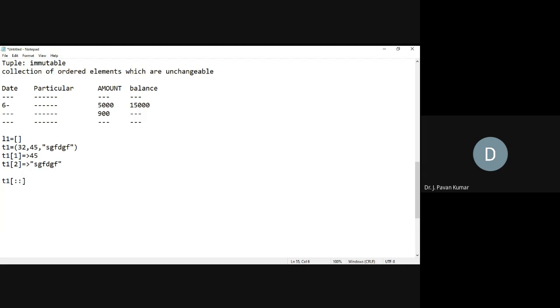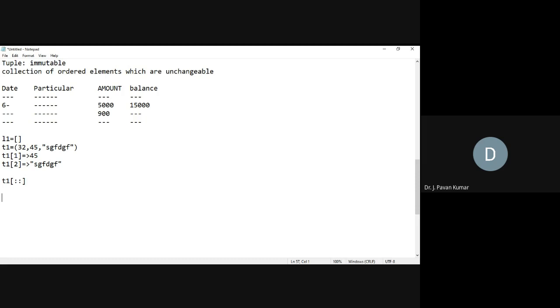These all are the same as list, but insert and append won't be allowed, no, sir. Insert and append mean we are modifying the tuple, isn't it? Yes, sir. So it will not be allowed. Insert and append also will not be allowed. Why? Because we will be modifying it. A tuple we cannot modify.